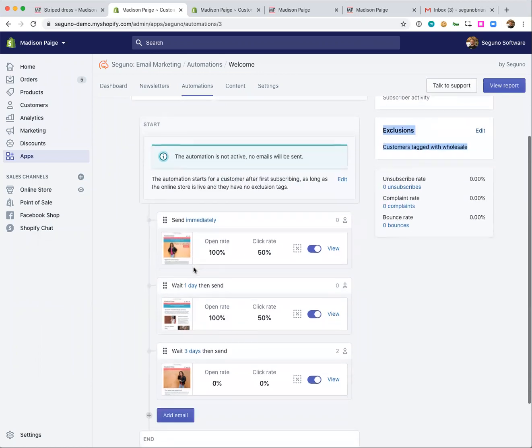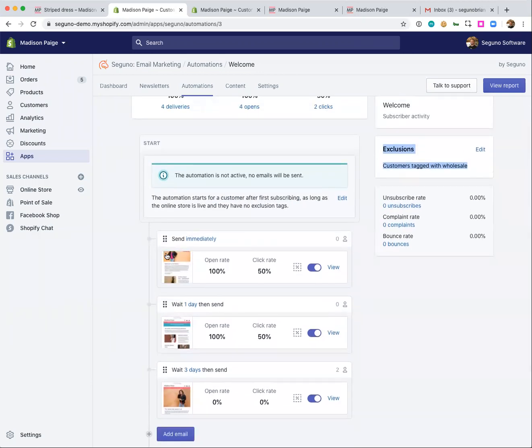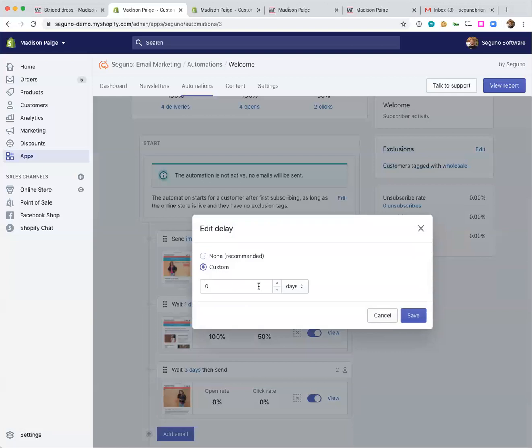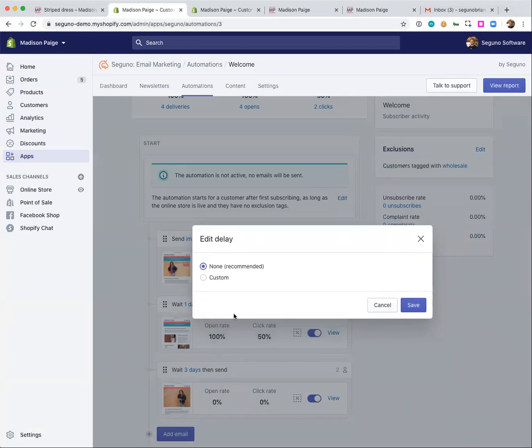Down below, we have the individual message cards. So I have my first message here, and for the timing on that one, I have it to send immediately. You can control that on a per message basis. So rather than send immediately, I could say, you know what, I'm going to give them a little bit more time. Maybe I want to send my welcome message one day after. I definitely don't want to do this because I'm offering them a discount code to sign up. So I want to get them that code as quickly as possible